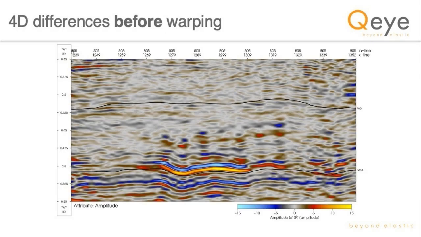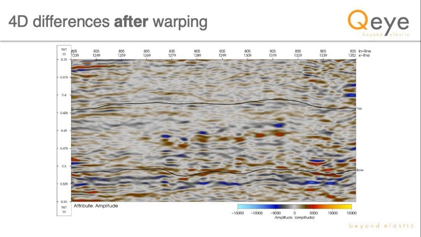And then back to what I discussed earlier in the beginning about the warping. So again, here we have the 4D differences before warping. You see some nice, small, bright spots, but you also see some very high amplitude continuous events. After we then done the warping,